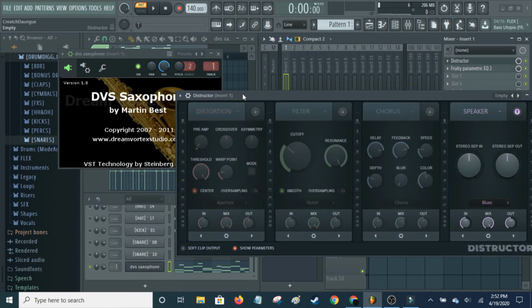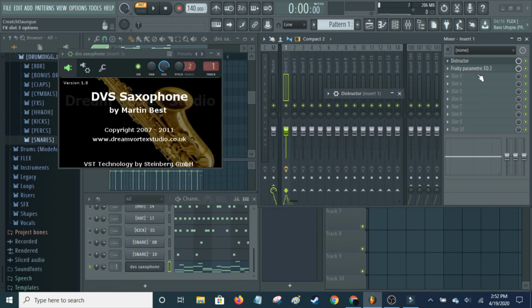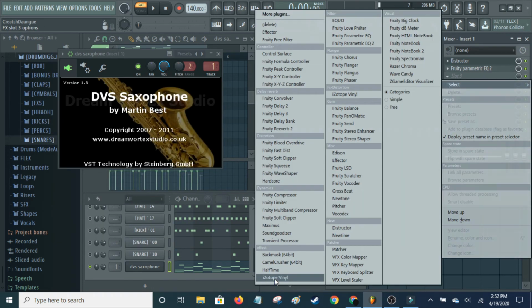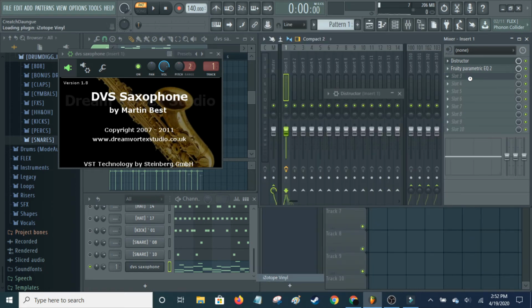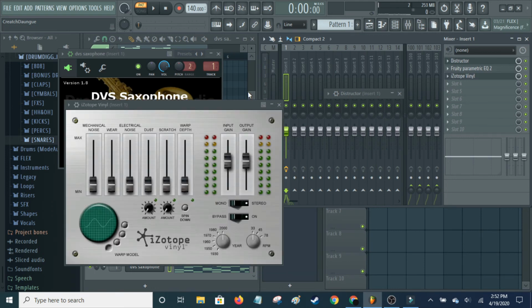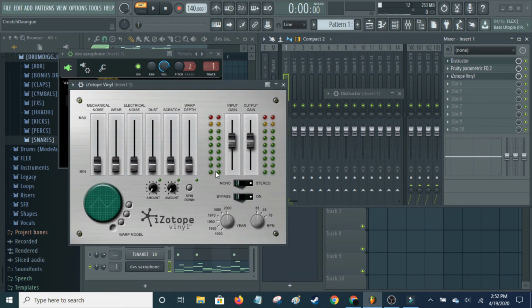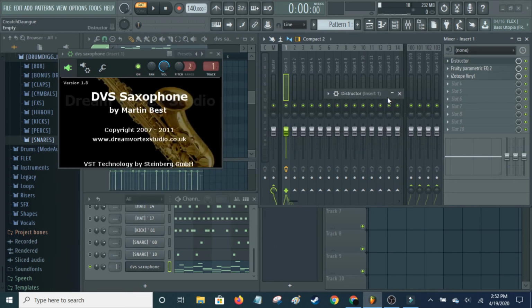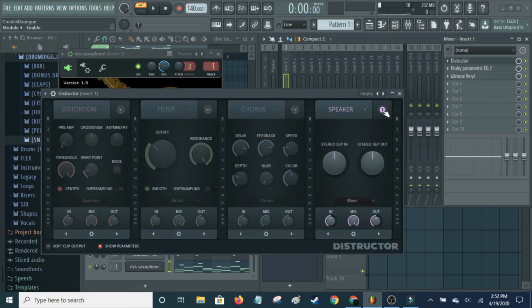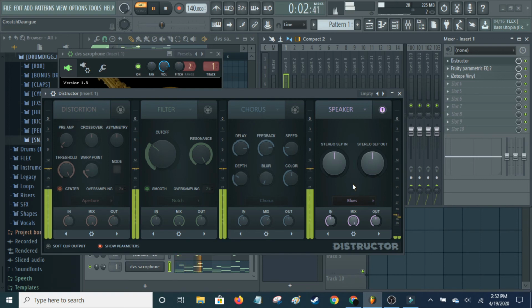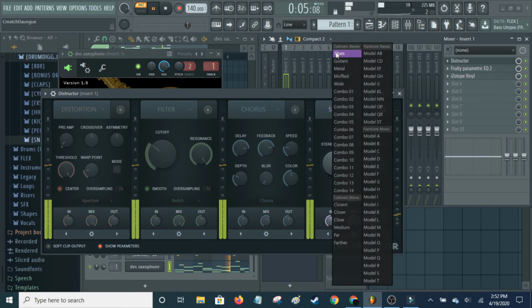I'm going to compare it to something, not that I know of in FL Studio, but a third-party plugin, and that's Isotope Vinyl. I think it's fallen off a little bit, but this was a very popular plugin back when lo-fi was at its height. Basically you have some options here for noise and wear, and then you can select a year to play it in. It gives it a vintage feel, and distorts the sound to make it sound low fidelity or lo-fi. I'm going to go ahead and play some of their presets here,